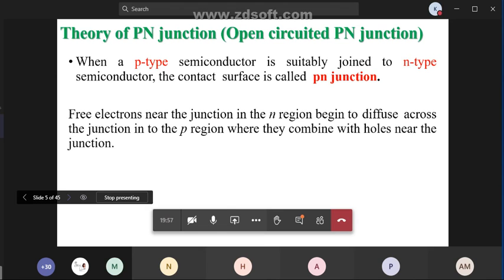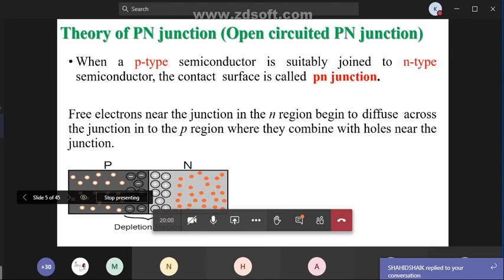See here, what is the theory of PN junction diode? We are combining the P-type material and the N-type material. So all of you know the majority carriers. What are the majority carriers in P-type material? The majority carriers in P-type material are holes. The majority carriers in N-type material are electrons. So in the P-type material, the minority carriers are electrons. In the N-type material, the minority carriers are holes,